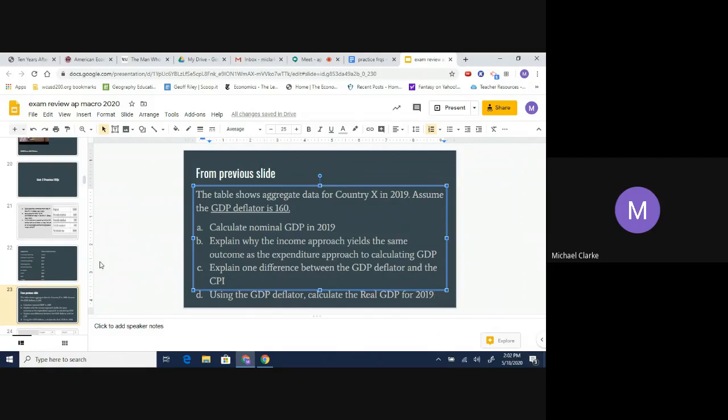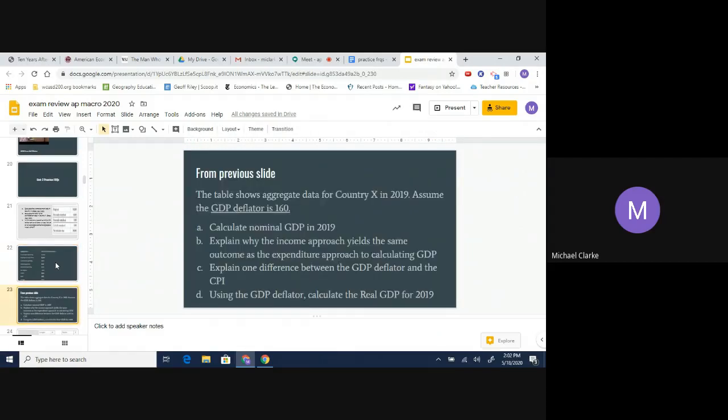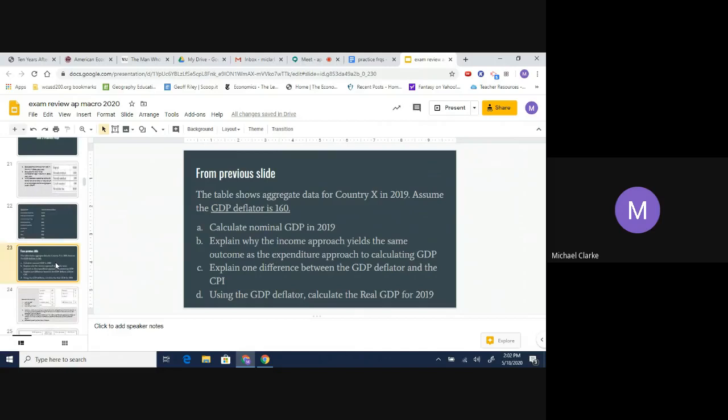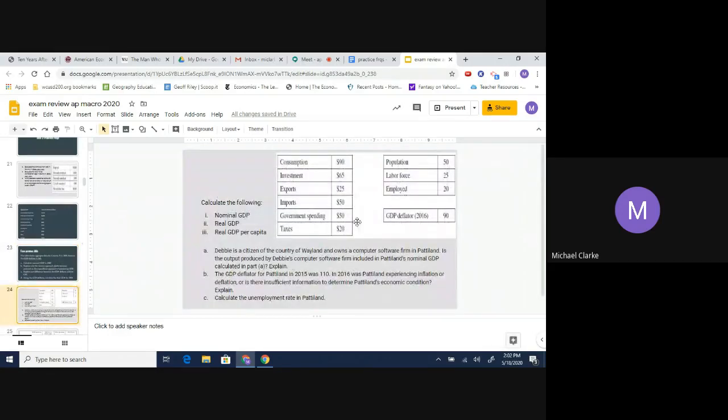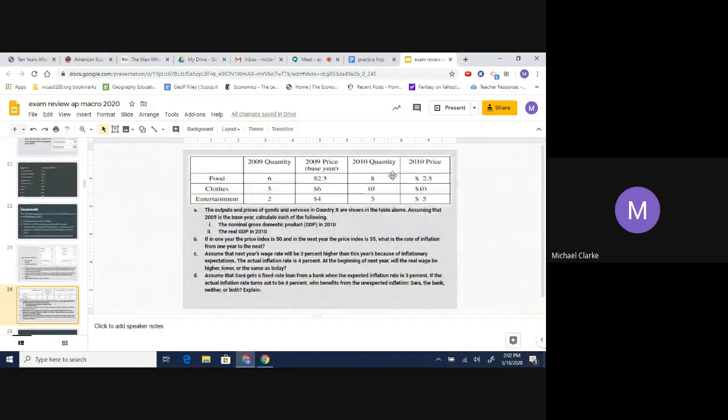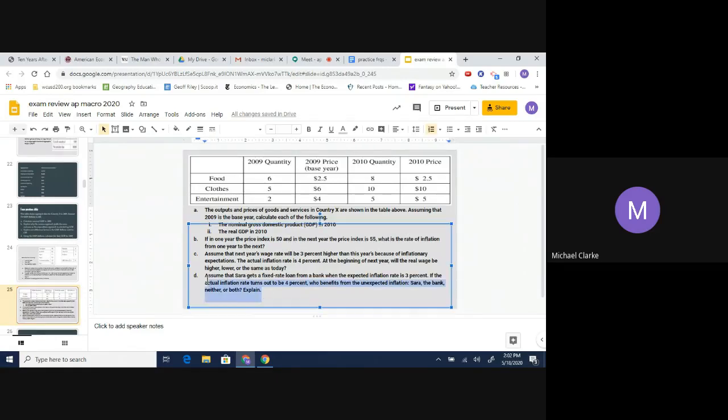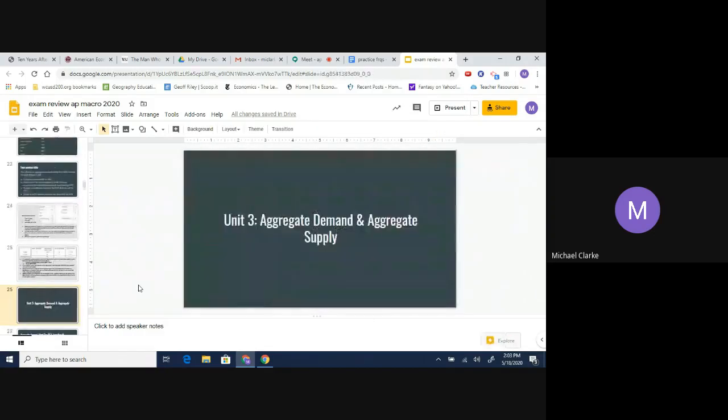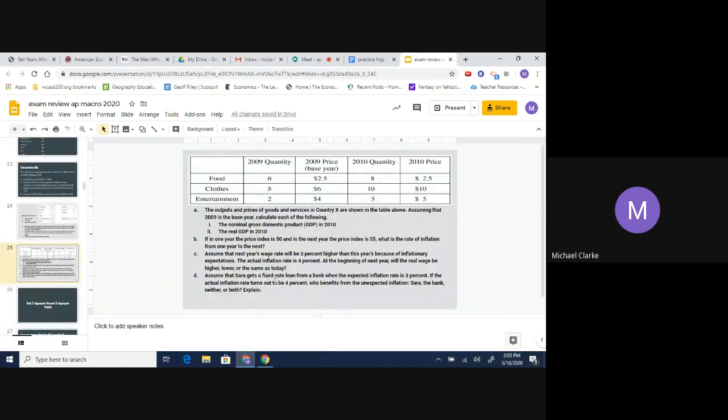There are other questions you can try out for Unit 2, like this one. Notice that it's more of a cumulative question for Unit 2. You have like a GDP question here. You got your labor force questions over here. So that's a good one if you want to try unemployment and GDP. This one revolves more around like price indexes, inflation, and GDP. Notice also there's a connection right here at the end. I'll talk about that really quick in a second. Unexpected inflation and expected inflation. That's Unit 2.